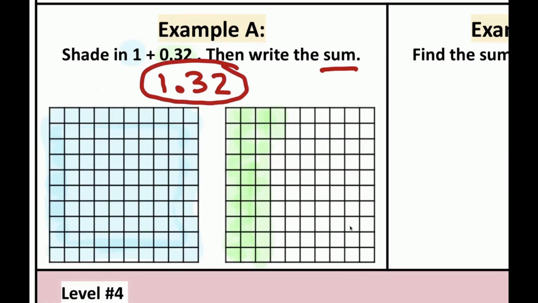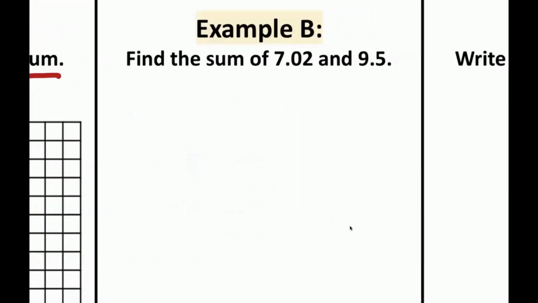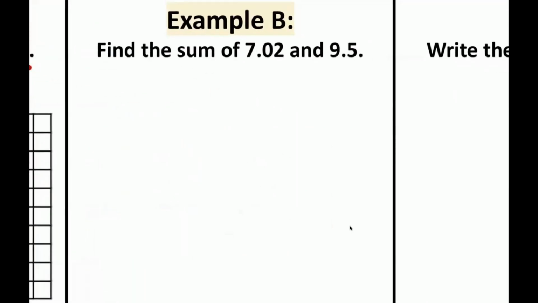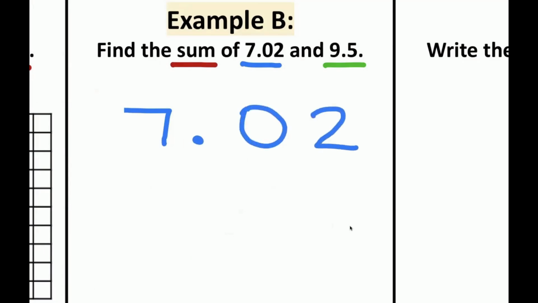Let's take a look at example B. Example B says, find the sum, okay, so let's underline that again, keyword for adding, of 7 and 2 hundredths and 9 and 5 tenths. So now we're going to practice the standard algorithm. When you write your numbers, try to put a pinky's worth of distance between each number to keep it neat and lined up. So I'll write 7 and 2 hundredths